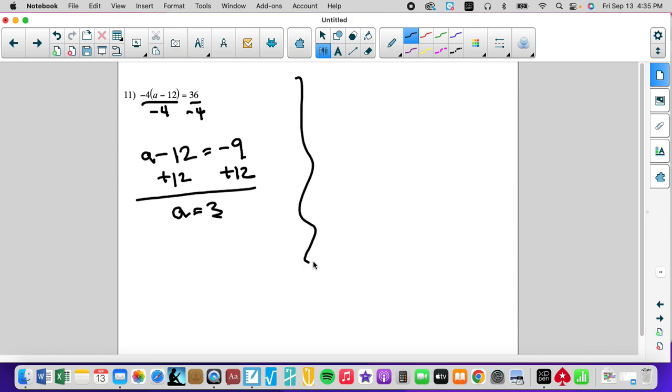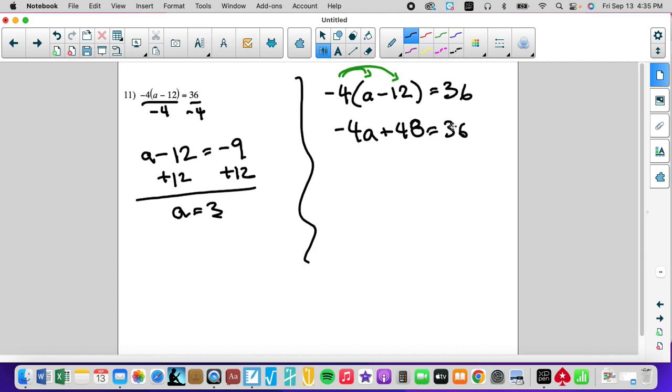The other way you could have done this problem, this is more of an 8th grade method, more of a middle school technique, is you're going to distribute. Distributing is the other way to get rid of these parentheses or Chewbacca. So negative 4 times a is negative 4a. Negative 4 times negative 12 is positive 48 equals 36. And now we have a